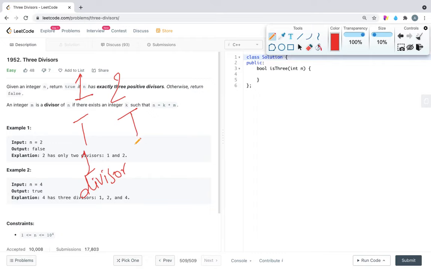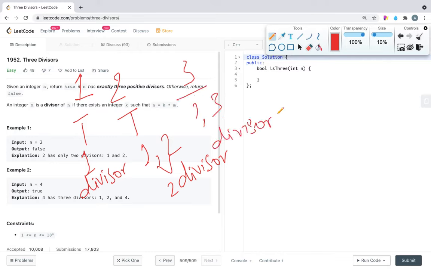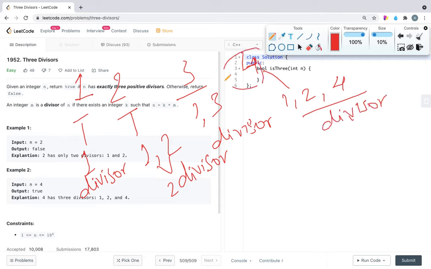For 2 we have 1 and 2 as divisors, so we have 2 divisors. For 3 we have 1 and 3 as divisors. For 4 we have 1, 2 and 4. So our first positive integer which has 3 divisors is 4. We don't have any integer before 4 which has exactly 3 divisors.